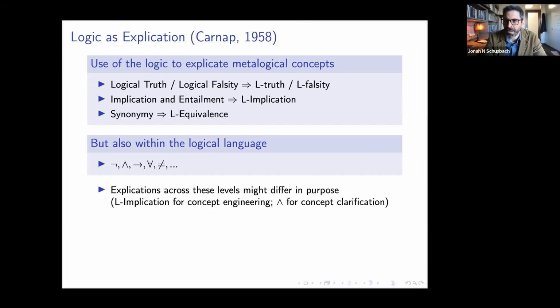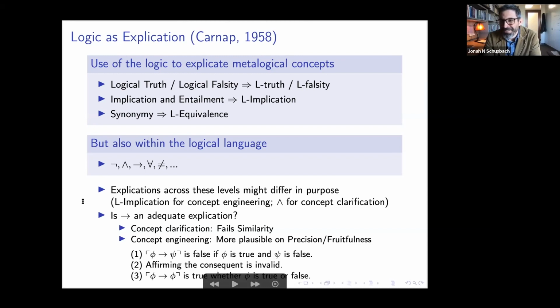To allow us to achieve our epistemic ends using the logical language in a way that improves our epistemic performance. At the same time, you might think that our explications within the logical language should retain a great degree of similarity to the everyday concepts they're supposed to be explicating, and thus that the explication constituted by, for example, our formal semantics of the wedge should be pursued for concept clarification of conjunction. Right. So you might think that the purposes of the explications here are different,